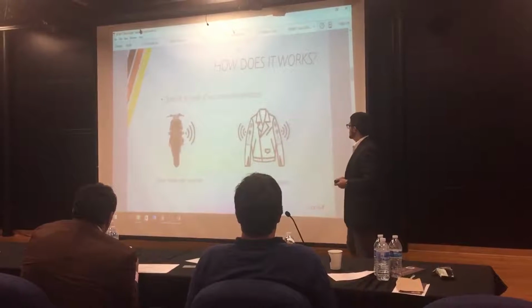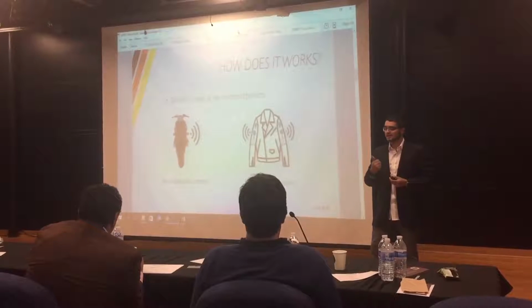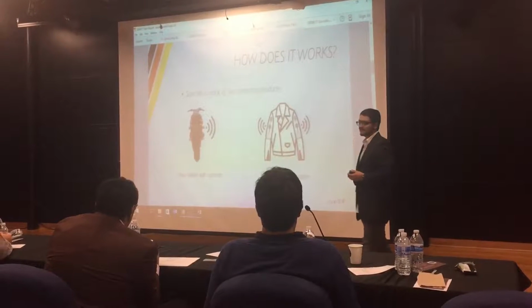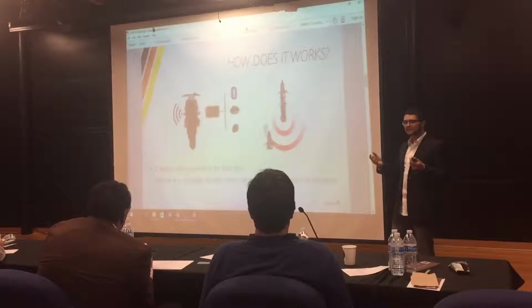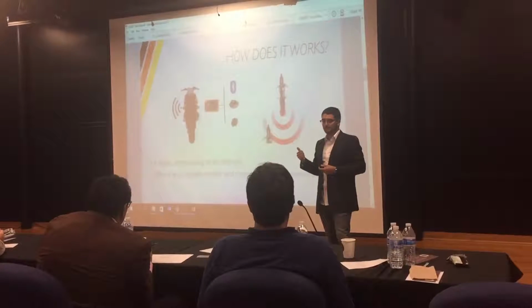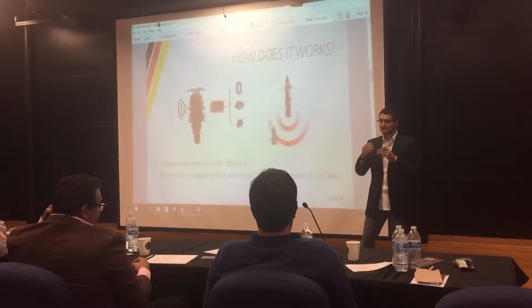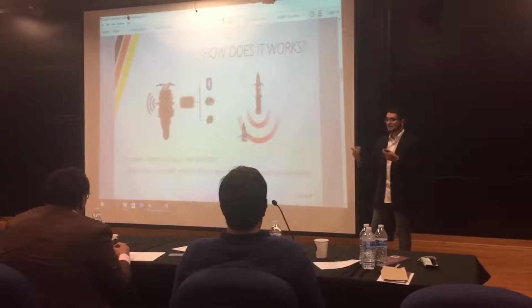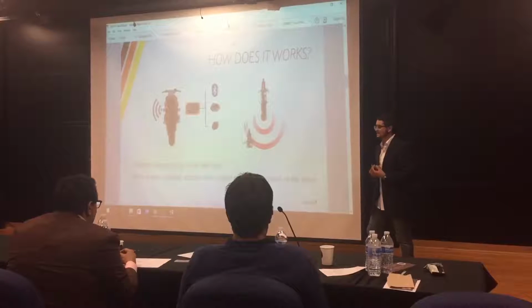But how does it work? SonicVib is made of 2 connected products. The first one is a license plate with cameras and sensors, and the second is a haptic feedback system inside the elbows of the jacket. The first one detects objects in the blind spot. How does it do it? It uses cameras and sensors that detect objects coming into the blind spot, like you can see right here. If there's an object coming up behind the motorcycle, and it senses that it can be an accident,